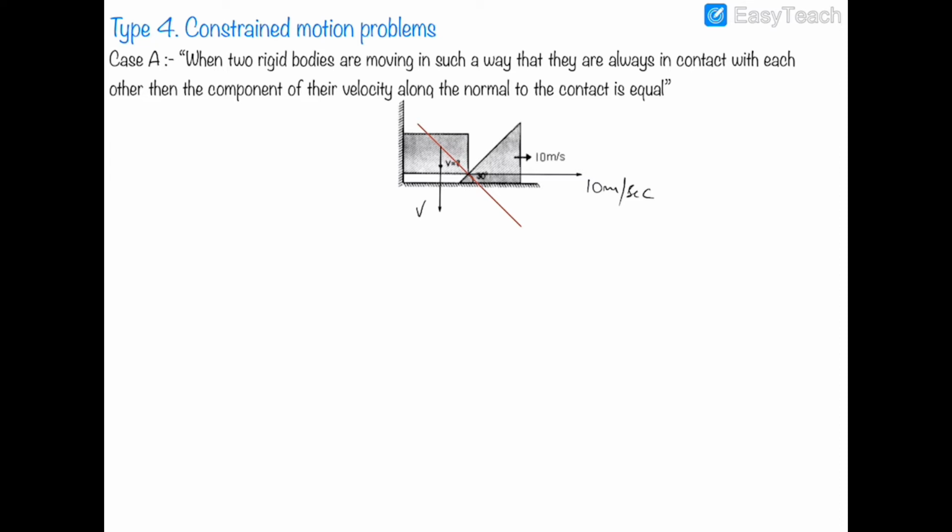Now the third step says that we have to resolve these velocities on the normal to the contact. So the component of these velocities will be, we have to identify the angles. First of all, this angle is 30 degree and this angle will be 60 degree,